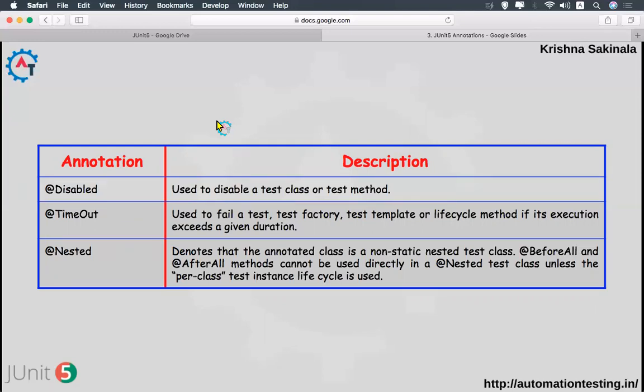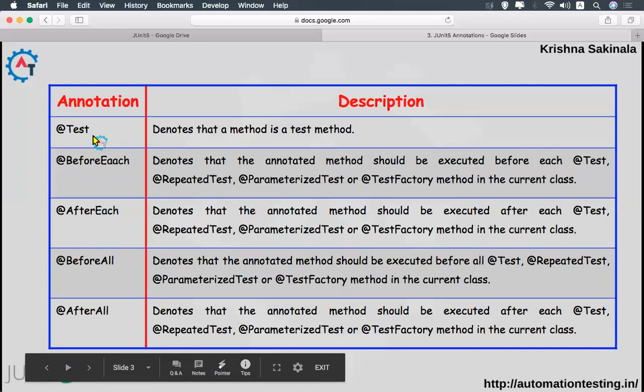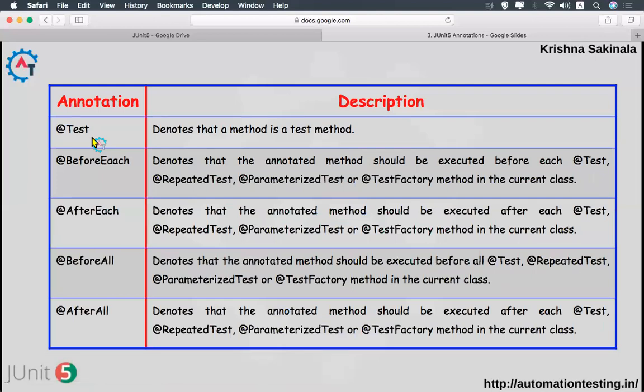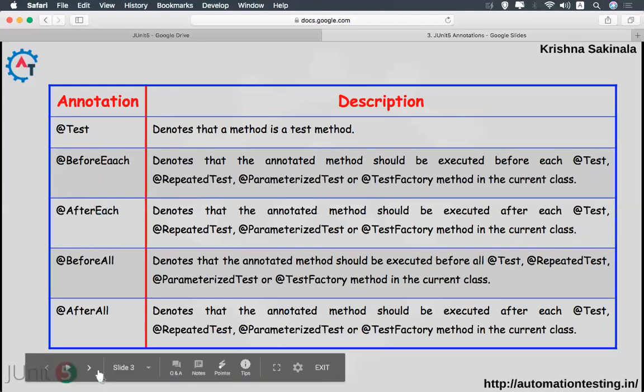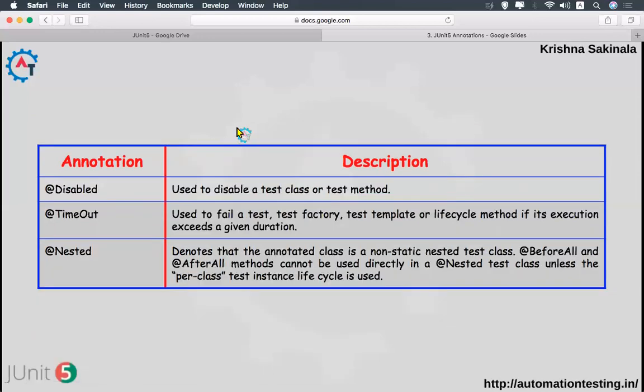Okay, so in this slide, I just gave the information that there are a number of annotations available. You have more than these, but these are the very frequently used, very useful annotations. So I noted down all these things, and I've given a hint that there are so many annotations and what is the purpose of each annotation. So from the next video, if I'm using any annotation, you will be very clear that okay, this annotation is available in JUnit 5 and the purpose of this annotation is this. I'll explain again there, and I'll show you by taking an example.